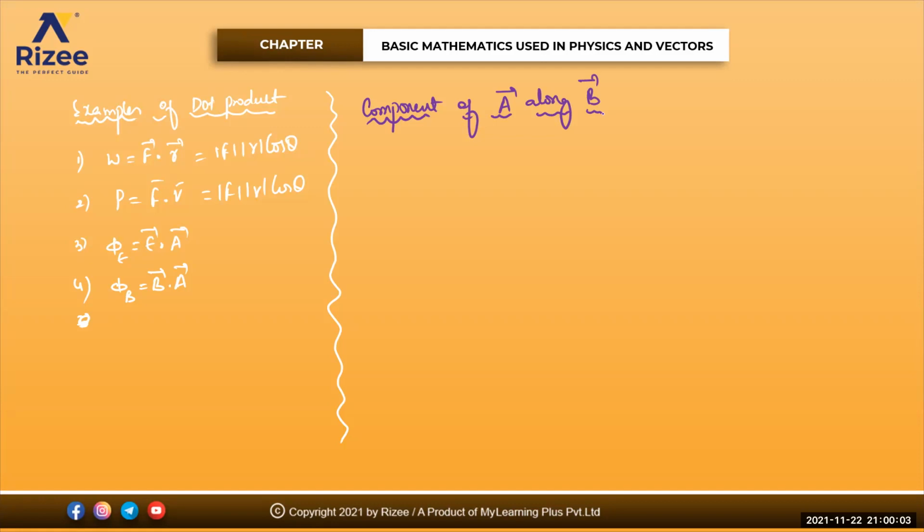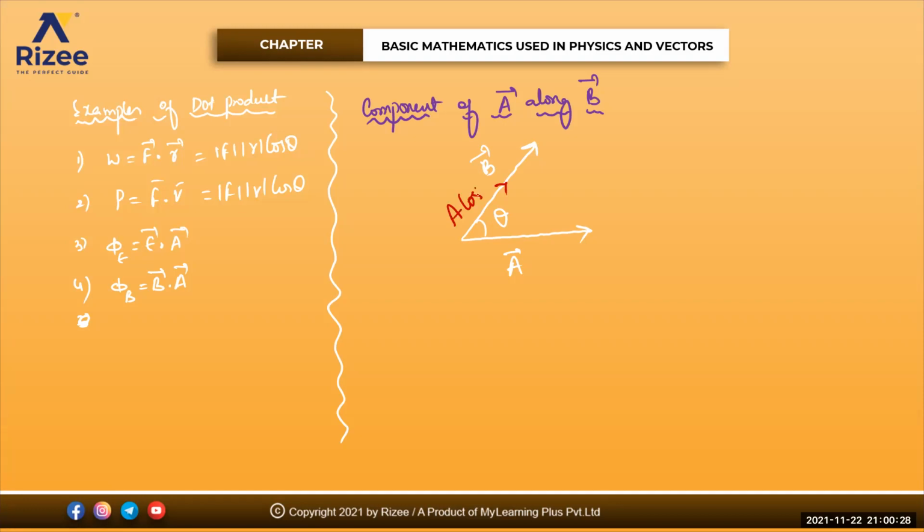Got it? Chalo, I'll tell you. See, listen to it very carefully. Everyone stop writing and try to listen to my class now. Component of A bar, let's see. I'll take first A bar like this, and I'll take this one as B bar like this. Angle between them is theta. Component of A bar means resolving the A bar on B bar. That is what component of A bar means.